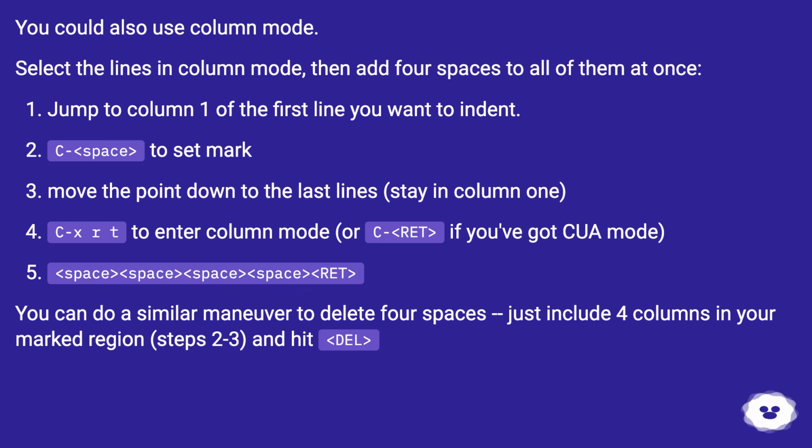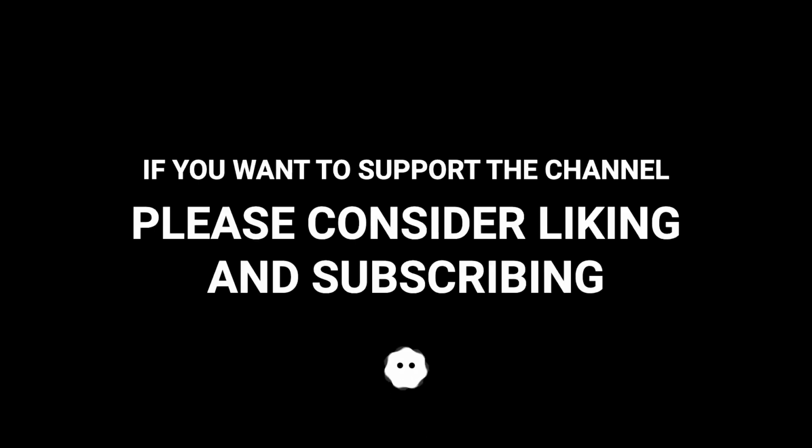You can do a similar maneuver to delete 4 spaces. Just include 4 columns in your marked region, steps 2 to 3, and hit C-x r d. Control